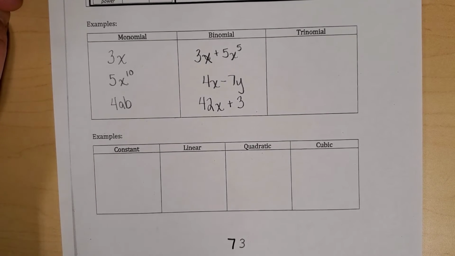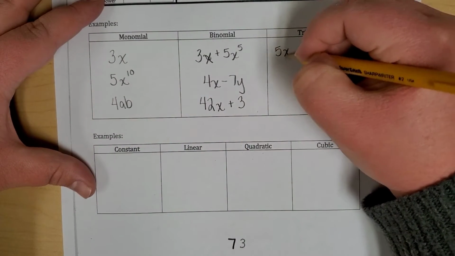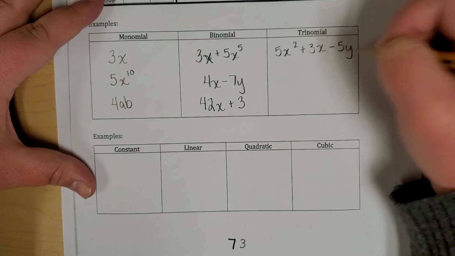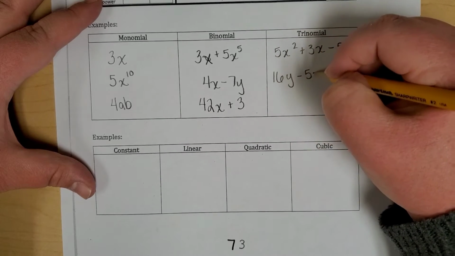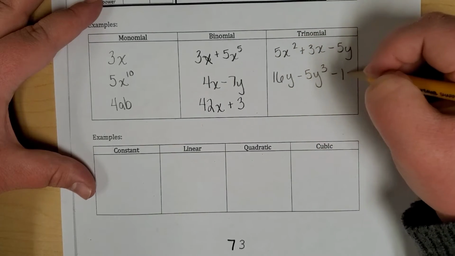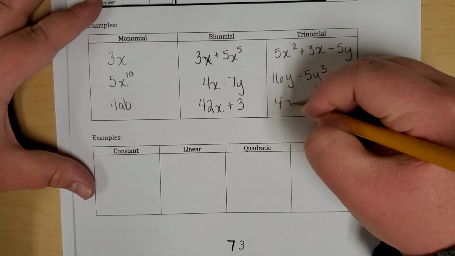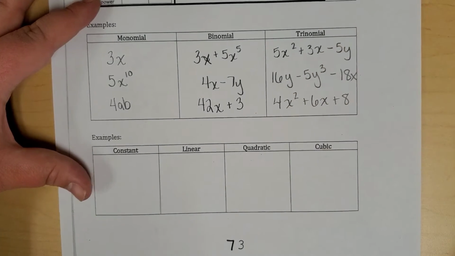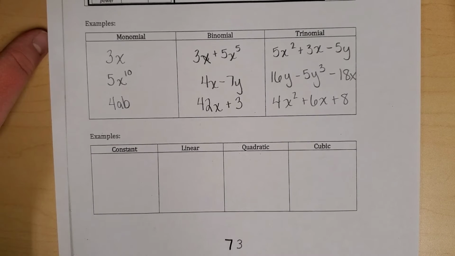Trinomial means 3 terms separated by addition and subtraction. So an example might be 5x squared plus 3x minus 5y. You could also have 16y minus 5y cubed minus 18x. Or we could have 4x squared plus 6x plus 8. Just 3 examples. And then down at the bottom, we're going to write some examples of constants, linear, quadratic, and